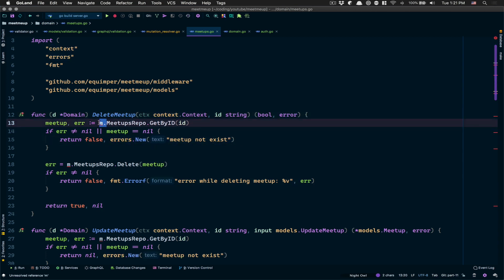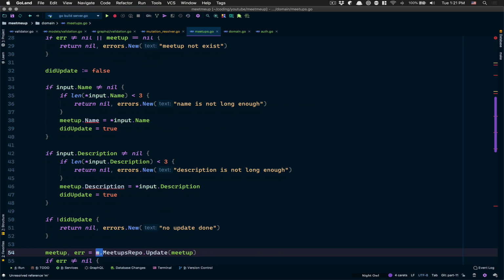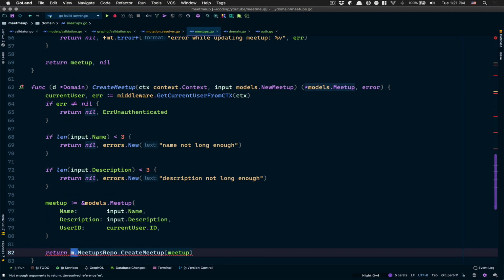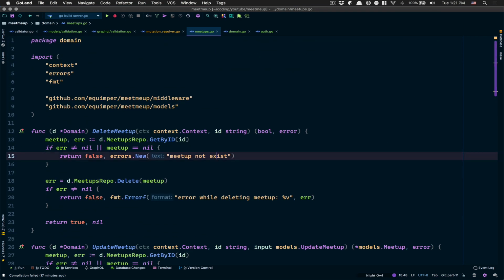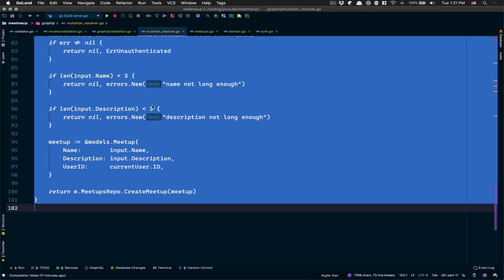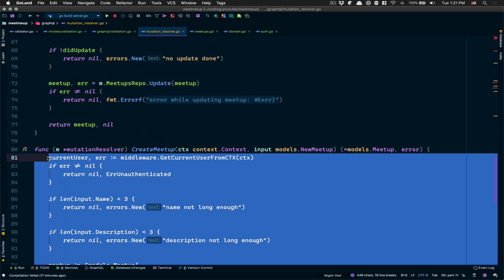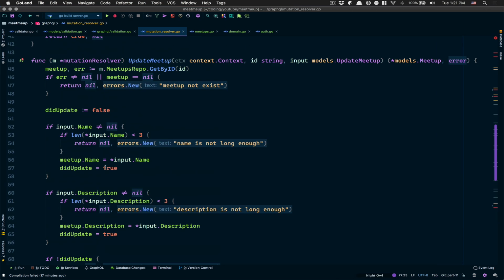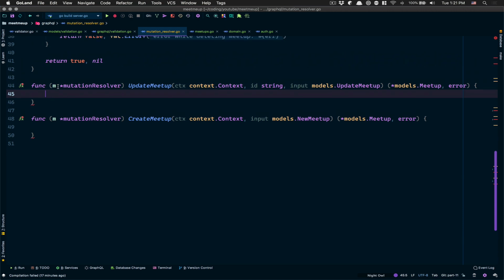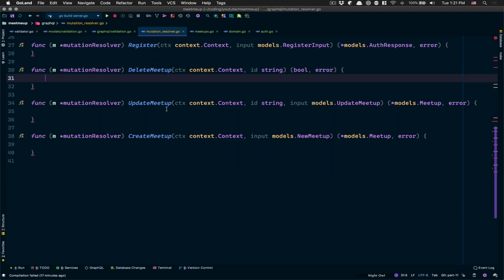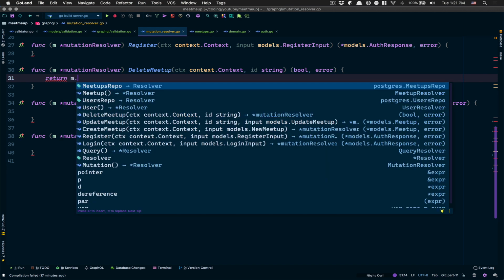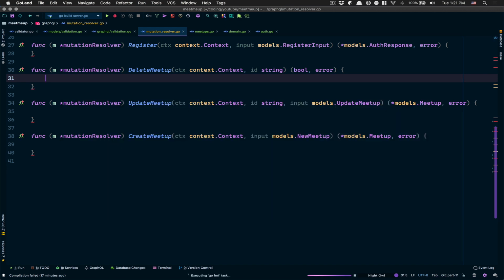In every place where we have M dot, I do Control G. I can do D dot. And now all the errors should be fixed now. Perfect. And now inside our mutation, I can remove that. I can remove that. And I can remove that. For the meetup, for now, the only thing we're gonna do is call, and we cannot yet because